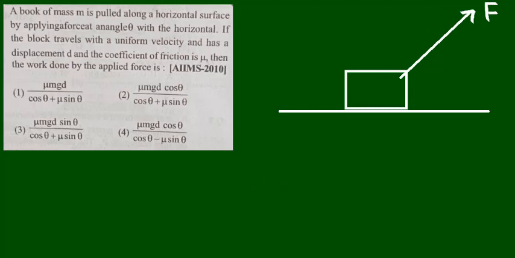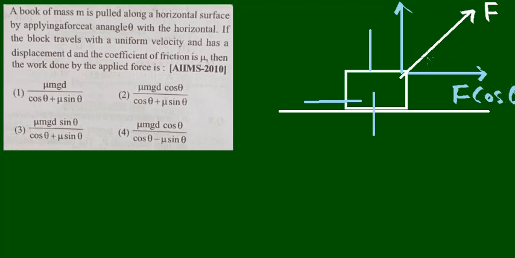To find out the value of the force, we will resolve the given applied force into two components. One component will be in this direction and the other component will be in the upward direction, right? And also we have the normal force acting from the surface on the body and the weight of the body acting in the downward direction, and friction will act in the backward direction when the body moves. So these are the different forces acting on the body. So F will have one component here, one component here. This component will be F cos theta because this angle is theta, and the upward component will be F sin theta.